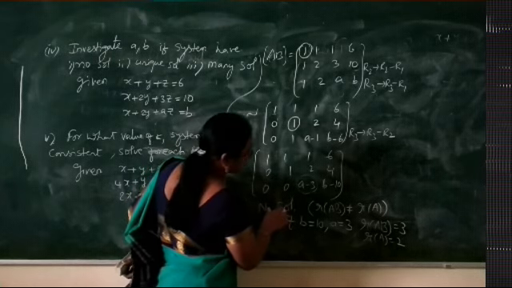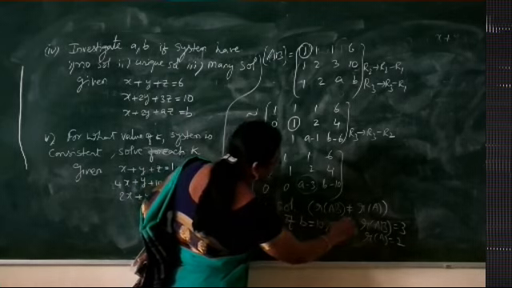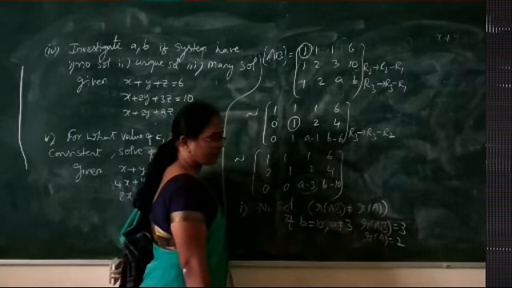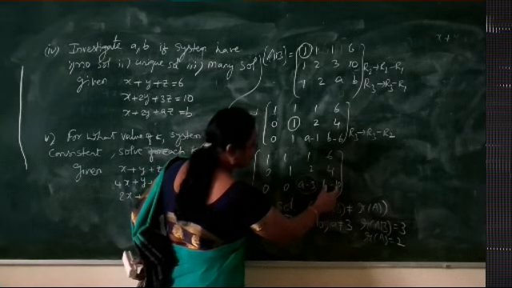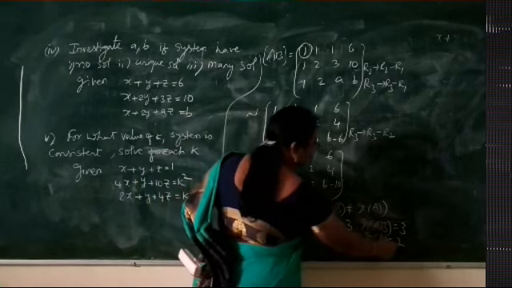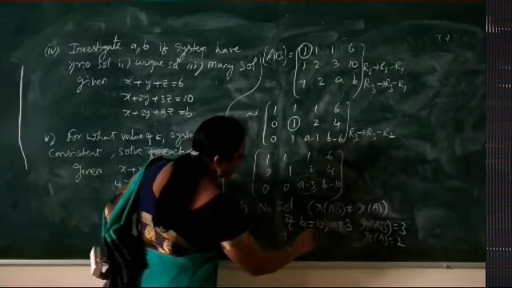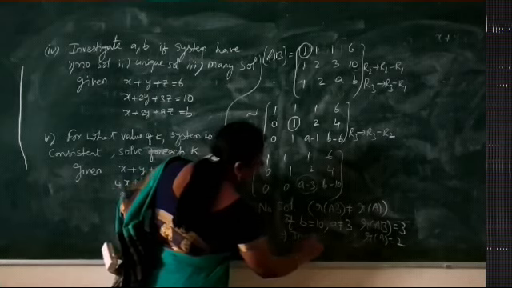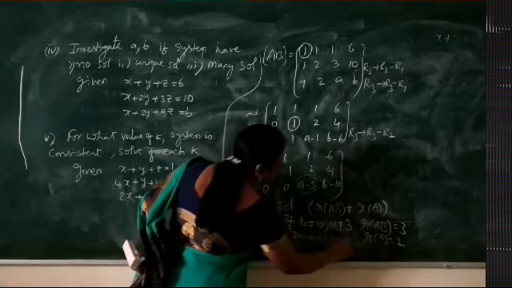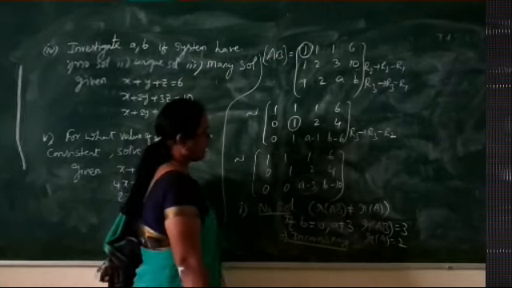We get the no solution case when we have A is not equal to 3 and B equal to 10. Because B equal to 10 and A is not equal to 3, we have rank of A equal to 2, rank of AB 3. So we have got rank of AB and A not equal, and the case is the system is inconsistent with no solution. Right?